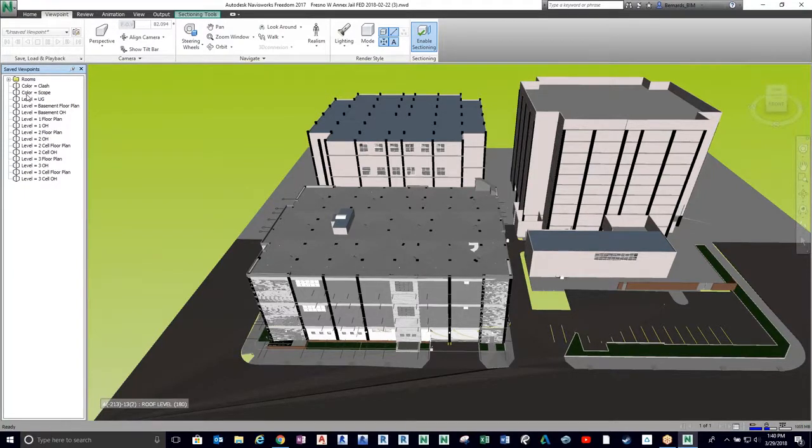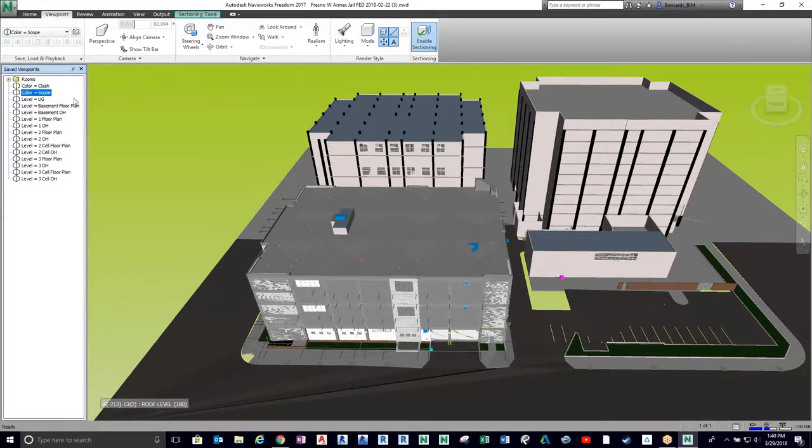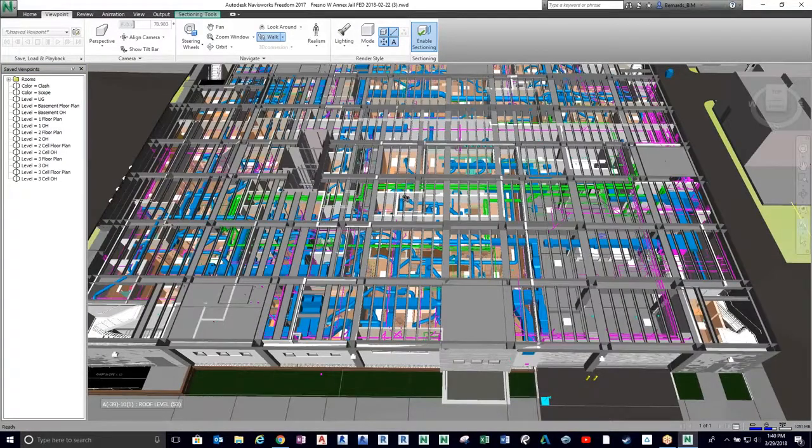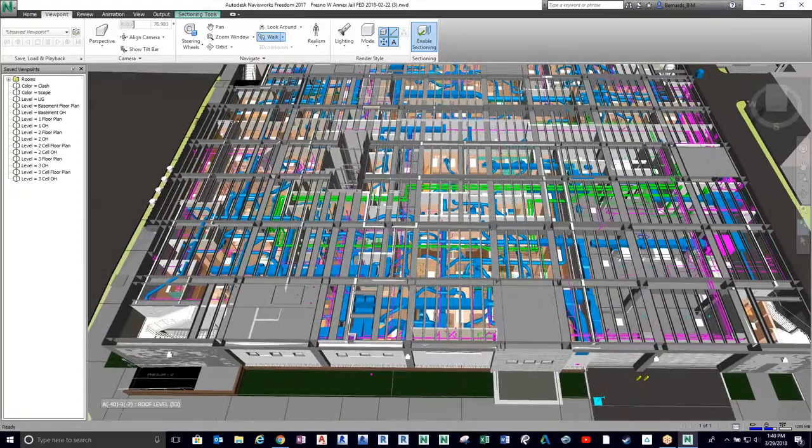These first two items, color equals clash or color equals scope, will actually color your model based on the scopes or based on the clashes. So if I click on color equals scope, it will color the building so that each scope has its own specific color. The rest of these are levels of the building, so you can click on those to jump to the different levels. Under color equals scope, if I click on level 1 overhead, you'll see that all of the duct is blue, the plumbing is purple, mechanical pipe is green,